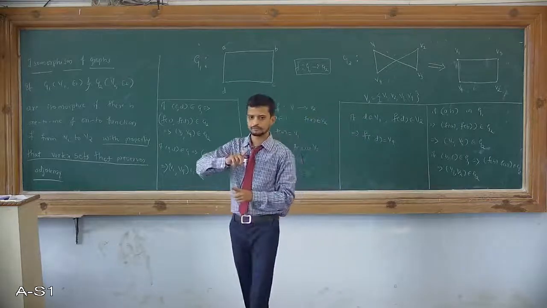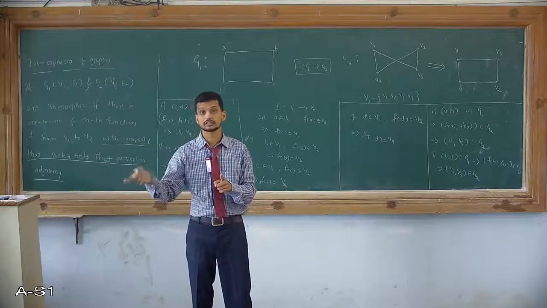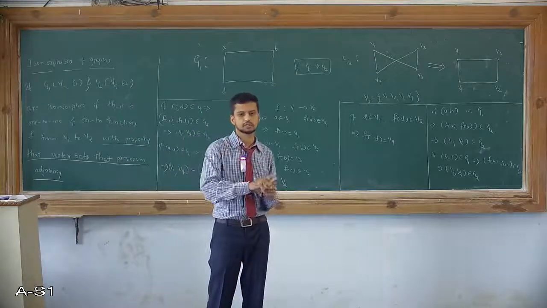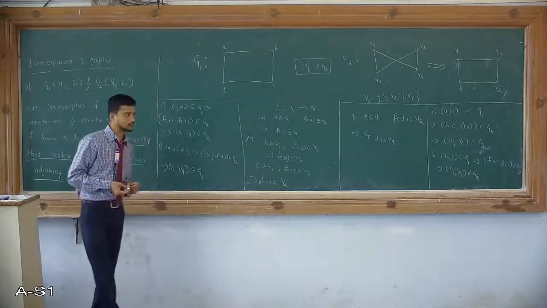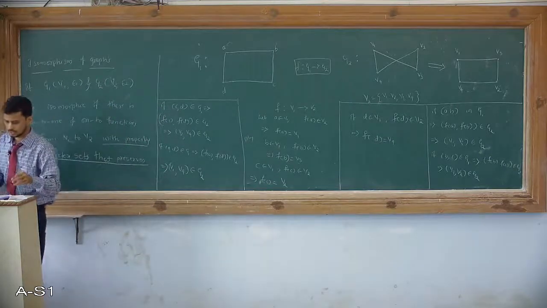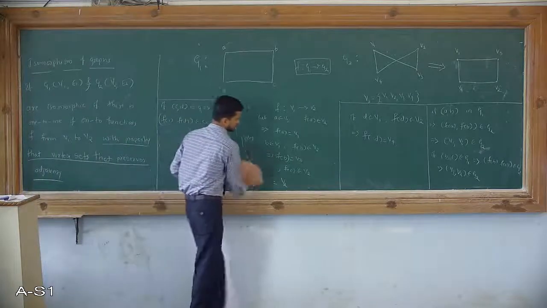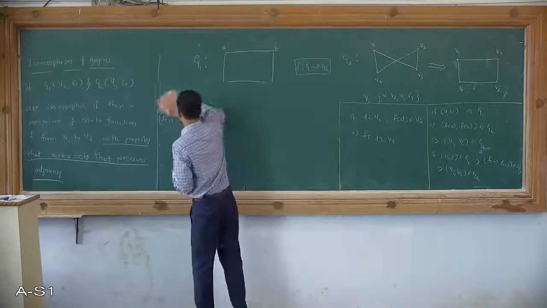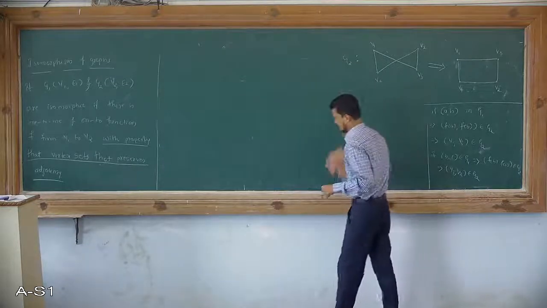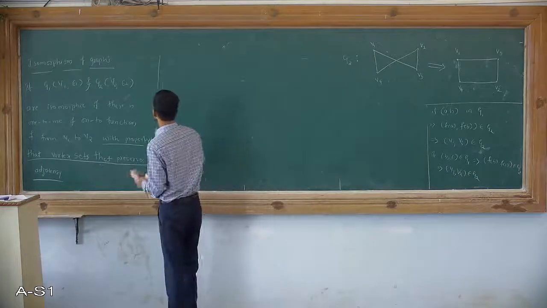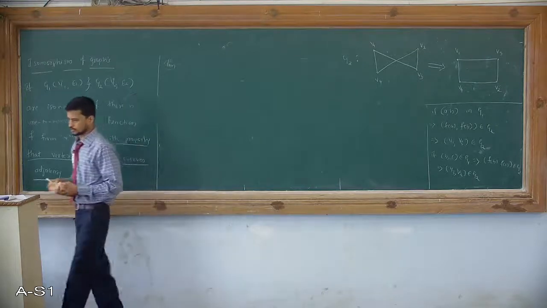If f from G1 to G2 is isomorphic, and conversely G2 to G1 is also isomorphic, in other words the inverse exists. So therefore, this is a very important statement or a theorem in isomorphism of a graph. You can note this definition also, or as a note. I will write it here as a theorem.